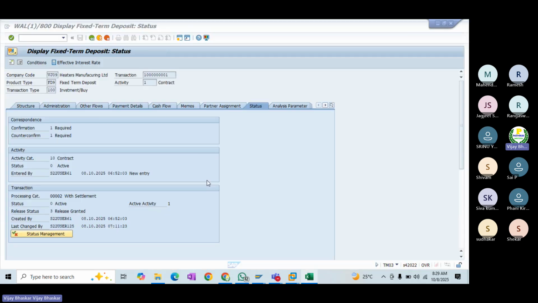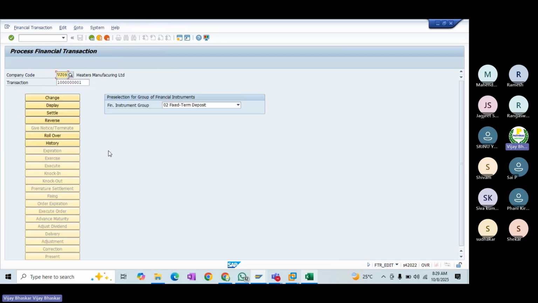Go to status and you can monitor this. Now, once that is approved, earlier the settlement was not allowing. Now I have shown that clearly.